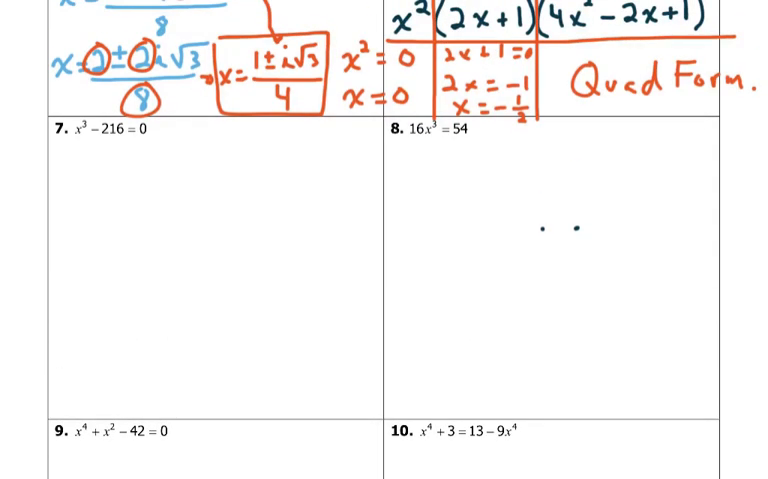16x to the third equals 54. First thing we have to do is make the right side equal to 0, so I'm going to subtract 54 from both sides, and I end up getting 16x cubed minus 54 equals 0. Do we have a GCF? Yes, we do. The GCF is 2. So 2 is going on the outside. We're left with 8x cubed minus 27